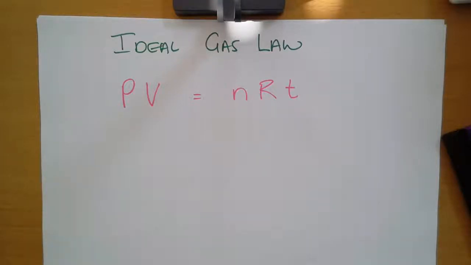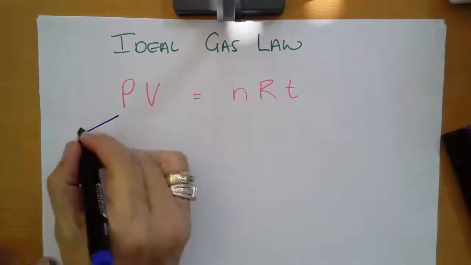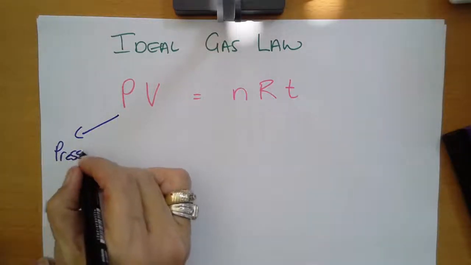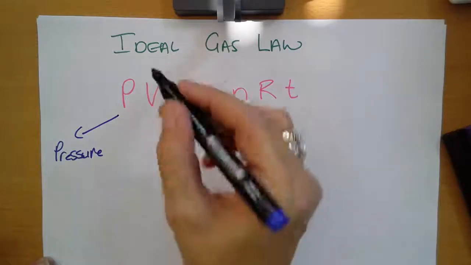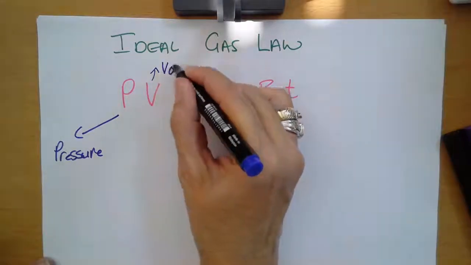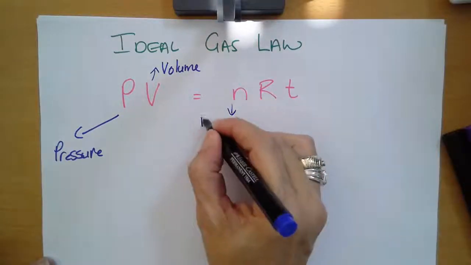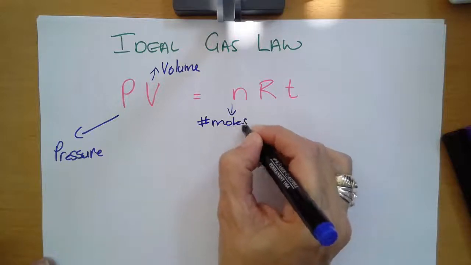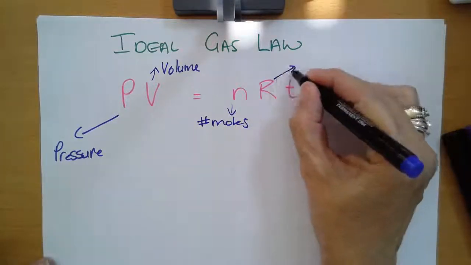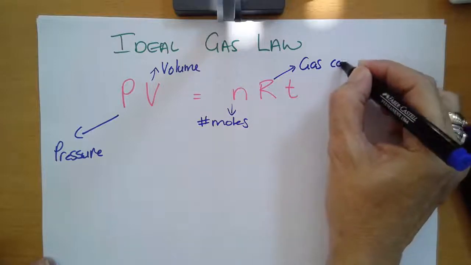Okay, so let's quickly break it up into the meaning of each component of this law, and then we're going to talk about where this law comes from, what this law is based on. Let's first look at the components of the equation. P stands for pressure, V is volume, n is my number of moles, R is the gas constant,